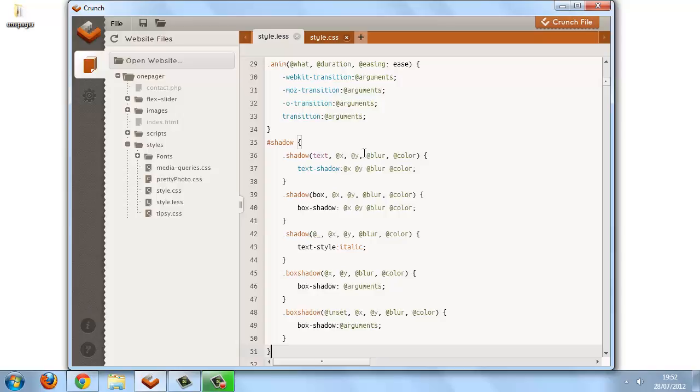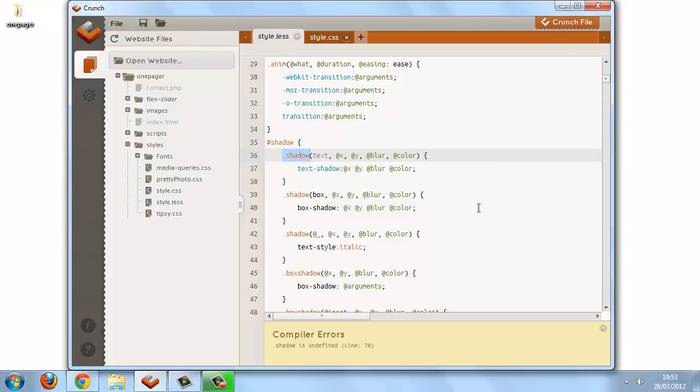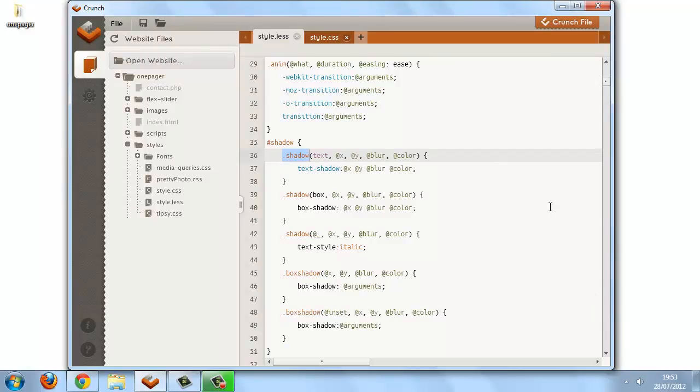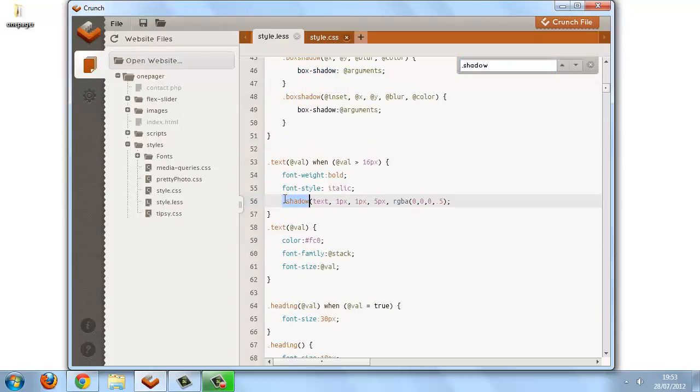So now when we want to use one of these mixins, we have to use the namespace as well. So let's do that. So there's a few places where we use the shadow. So it's thrown an error there because we haven't used the namespace yet. So it's namespace now, and we'll need to specify the name of the namespace,